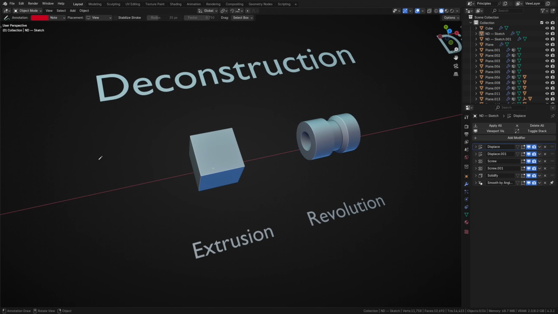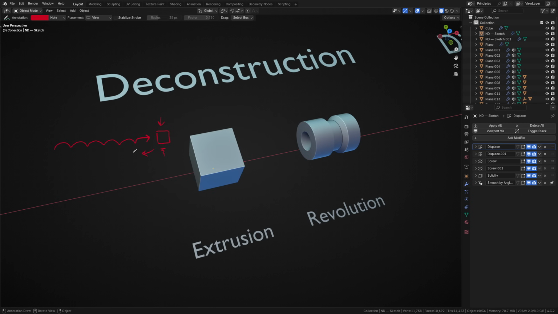The idea behind this principle is that any complicated shape is just a series of steps or operations applied to a simpler starting state. But why deconstruction and not construction? Well, typically when we're modeling, we're working from some sort of reference. These references indicate the final state, so we must work in reverse.